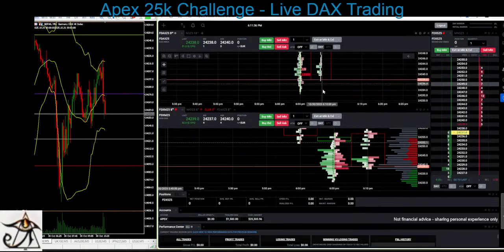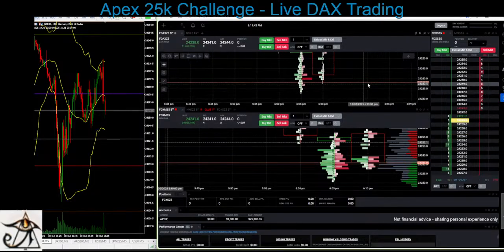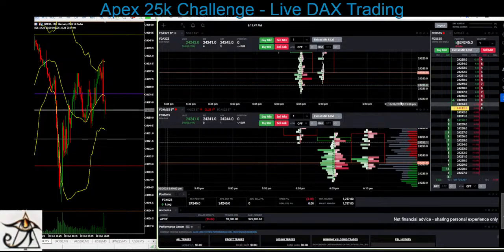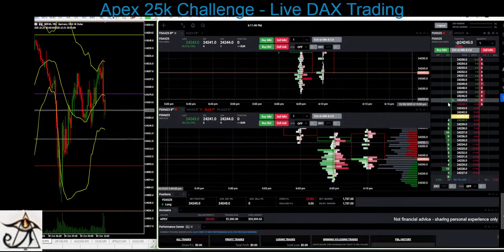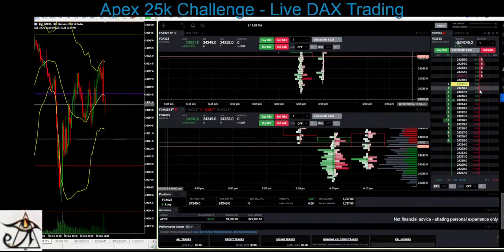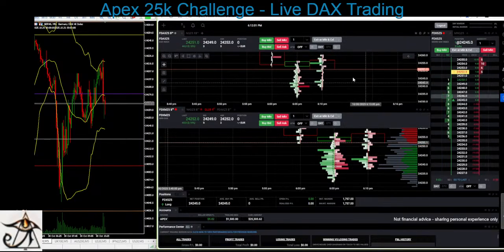So if we get another big order, I'm just going to pop one contract on the buy side. So I've hit the bid side on the depth of market where there was an order on the ask side to connect the two, so that I can get in at market effectively without